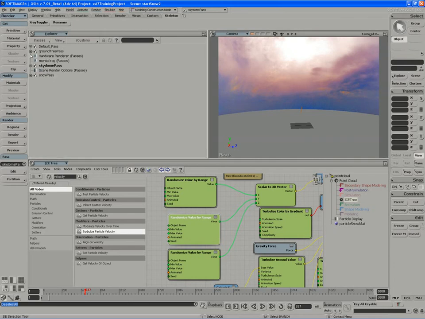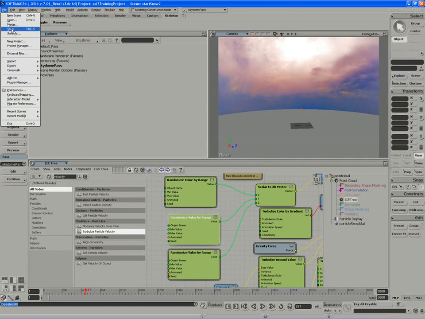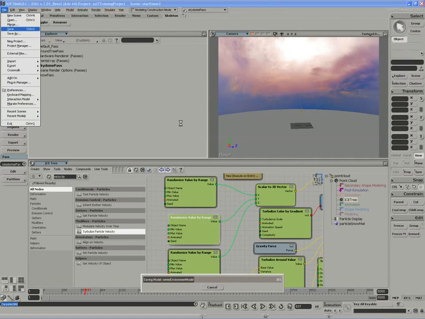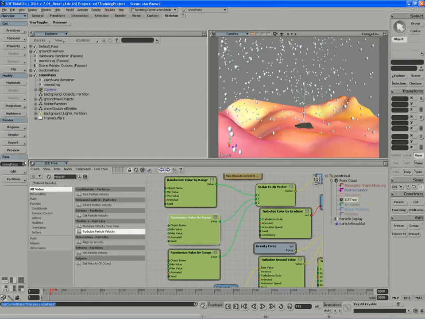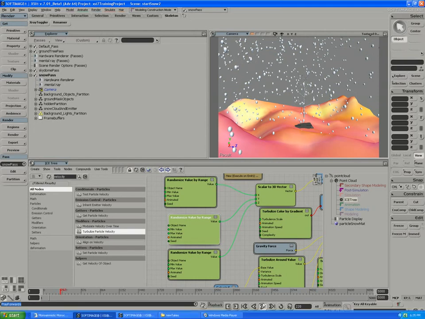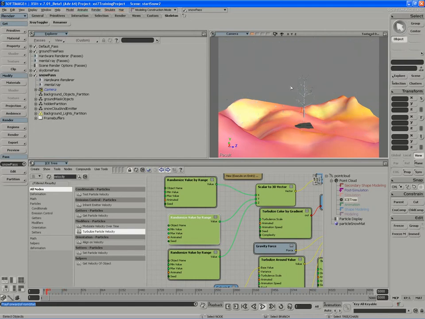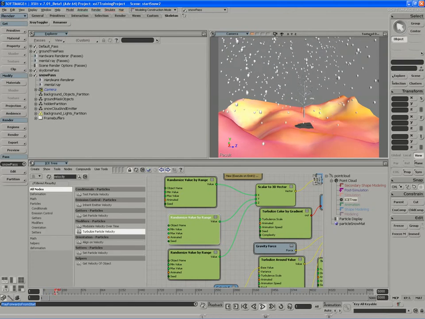So with these three passes now, I'm going to set them up for a render. Maybe what I'm going to do when I render off is render maybe a 300 frame sequence, and I don't really want to have to render all the way from frame 0. Well, if I switch passes here, let's switch to the snow pass. I don't want to have to render from frame 0 to some frame where the snow is already fully formed. So again, I have to wait here for probably about 300 frames, there we go, before the snow is already